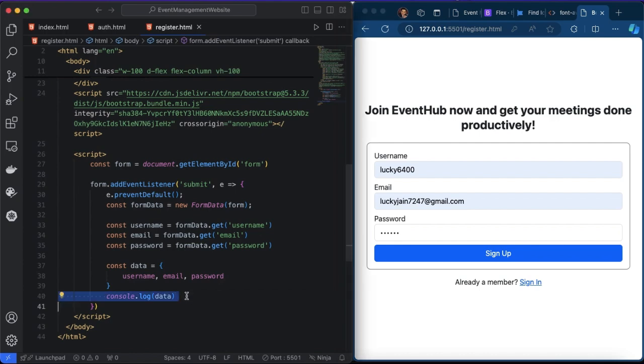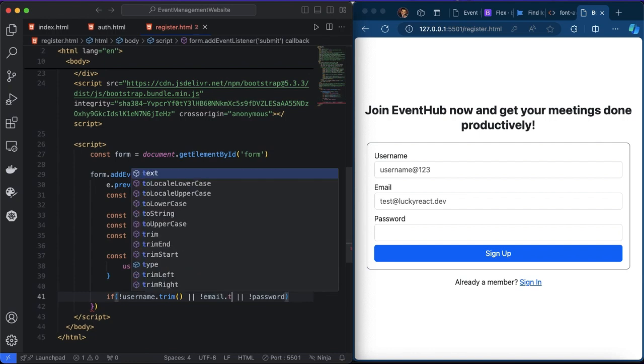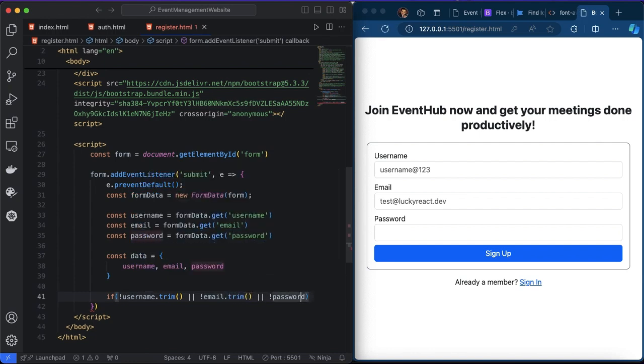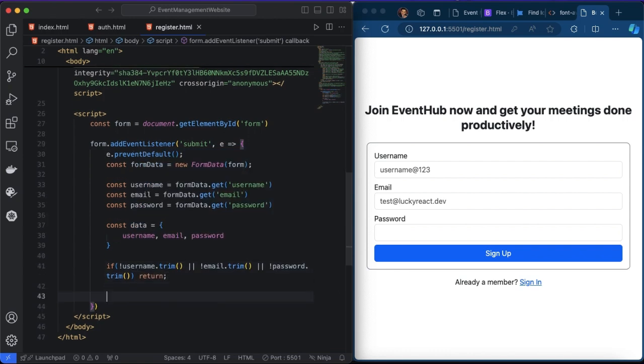And now what I will do is, if not username or not email or not password, we will also trim so there is no space. Return, nothing will happen. Otherwise,